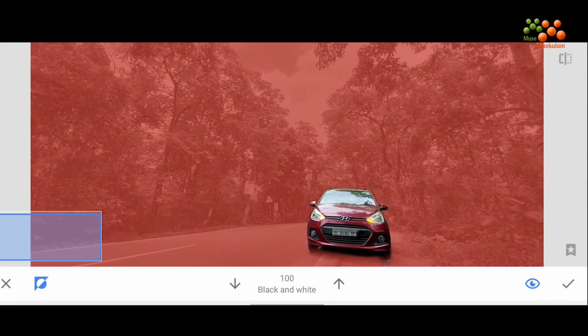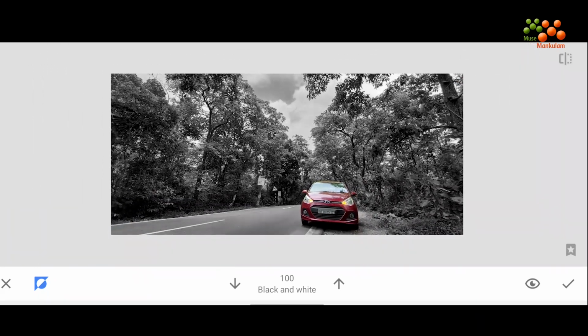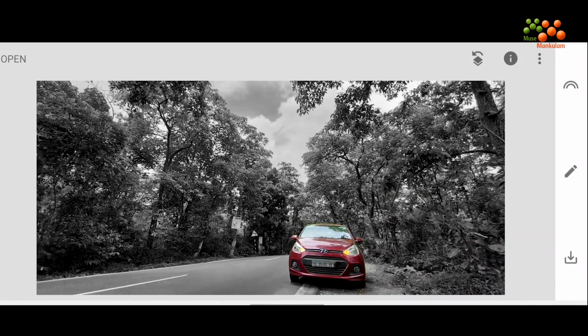This is how it is looking now with the masking. Now you can remove the masking and see. Now the selective coloring is applied to the picture, and only the car is now in color, and the rest of everything is black and white. So we'll click on the tick mark and go back to the editing menu.